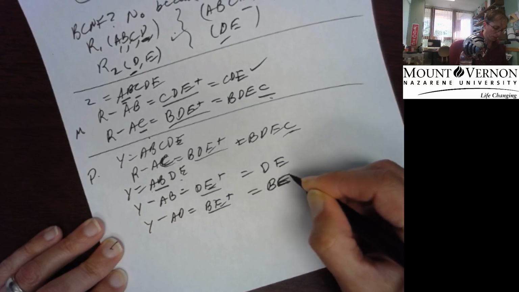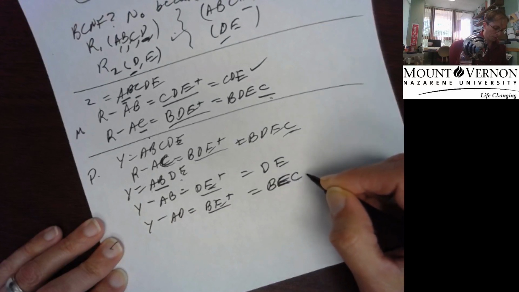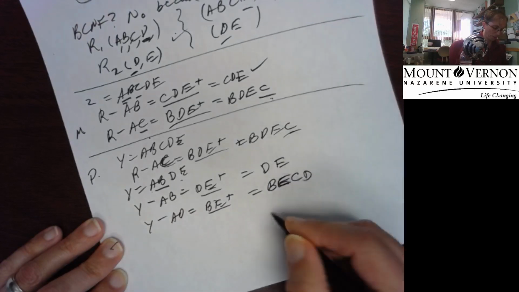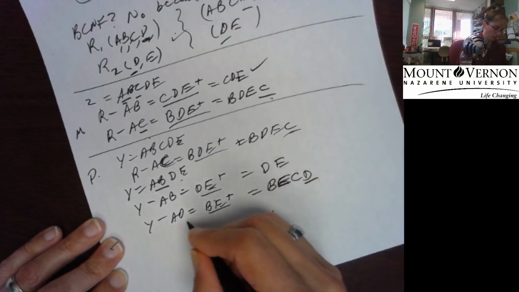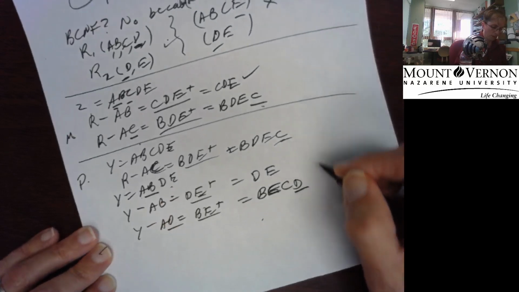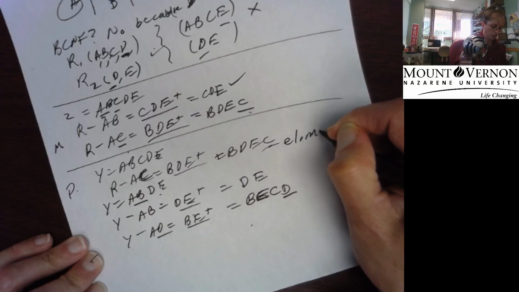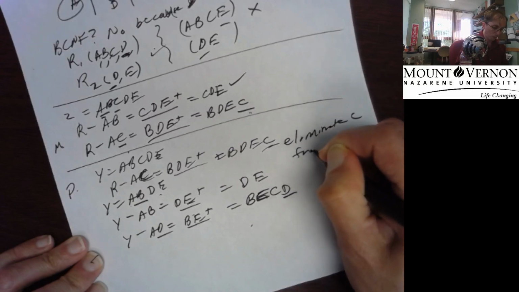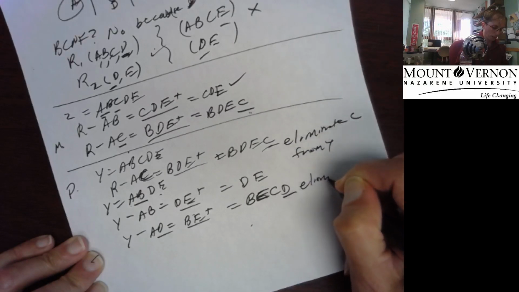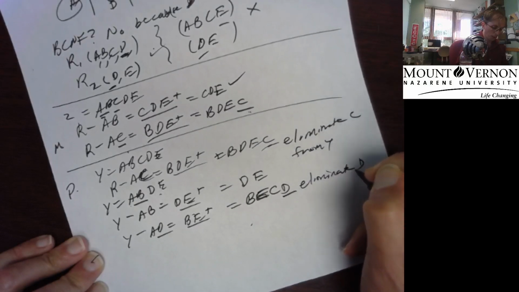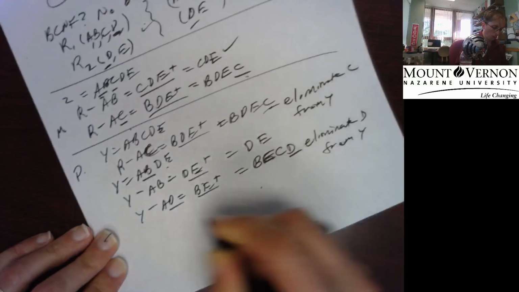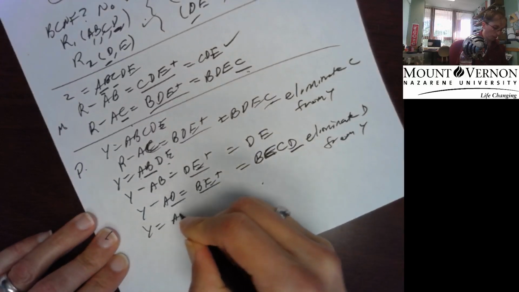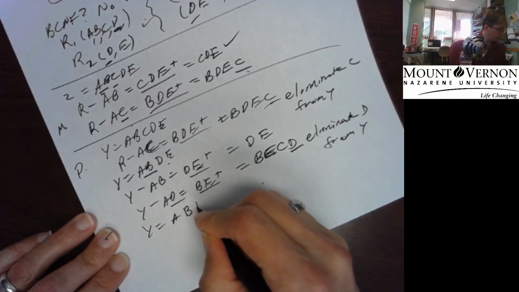BE by reflexivity, and then B functionally determines C, C functionally determines D, D functionally determines E, which is already there. So here's the D, here's the D, so now, just like I eliminated the C from Y, I'm going to eliminate the D from Y. Right? So now Y is equal to A, B,